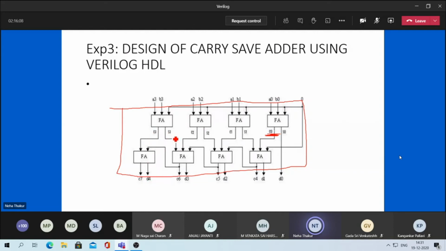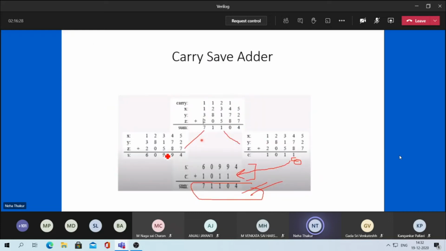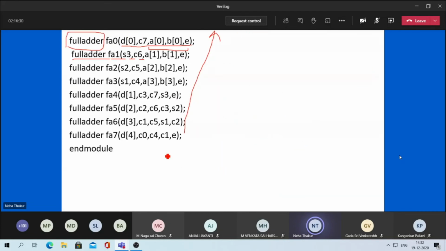These intermediate carries are not written in C0, C1 fashion; they are written in this direction: C7, C6, C5, C4 and then C3, C2, C1, C0, because these are the partial products you are getting. So this is your code for the carry save adder.